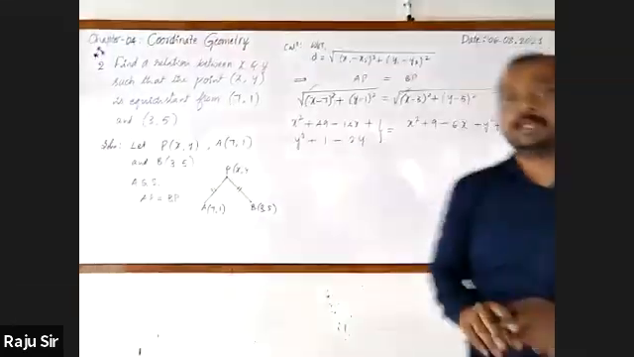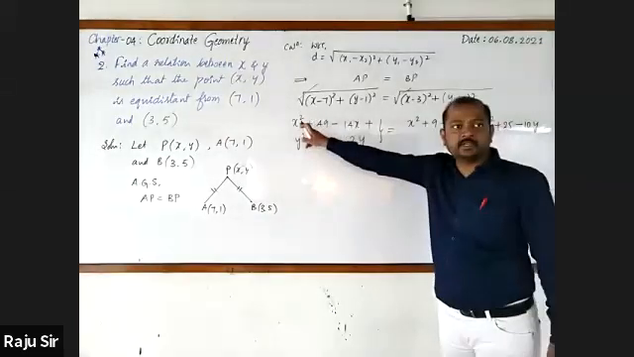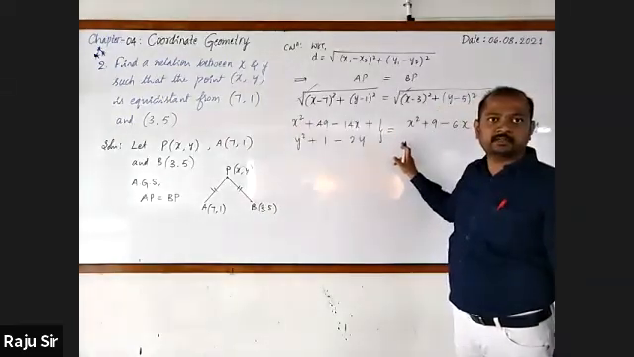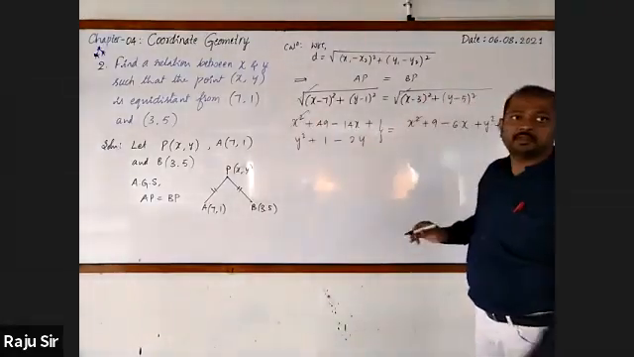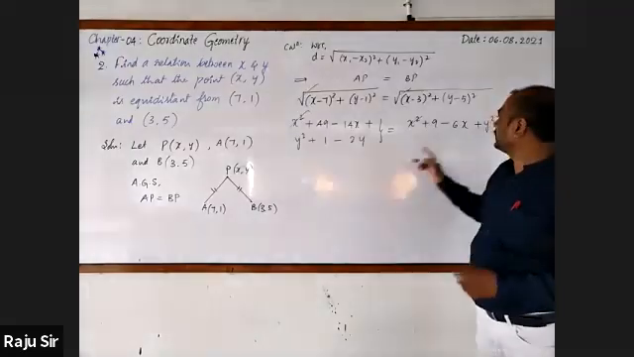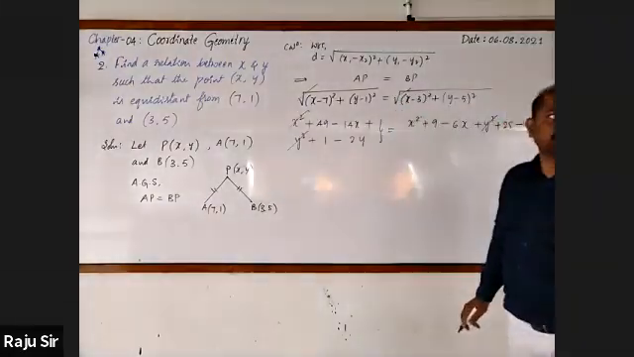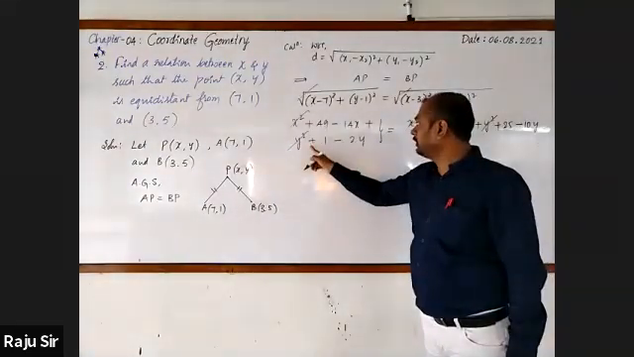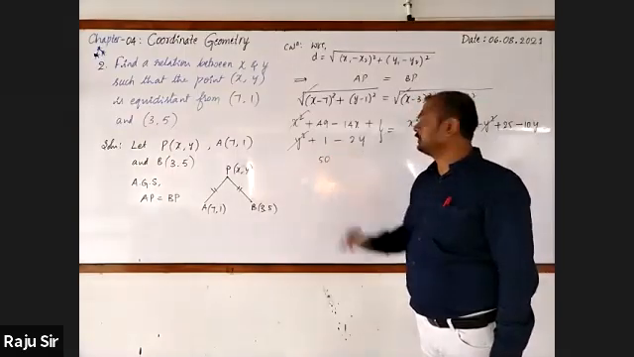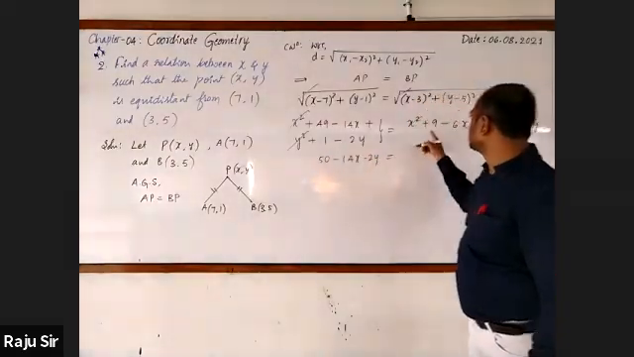Next, observe it. On the left side x², on the right side x²; both are on the same side, so they can be cancelled. y² also. Similarly, here y² gets cancelled. Next, let us simplify. Here 49 plus 1, this is 50, minus 14x minus 2y. This is equal to